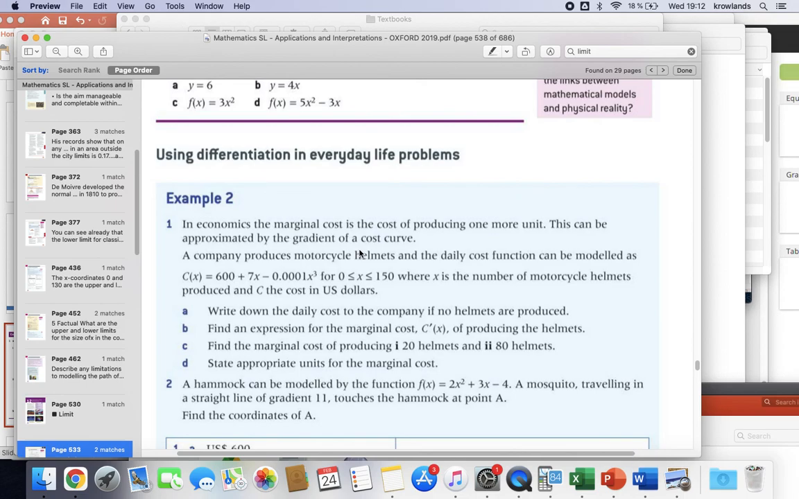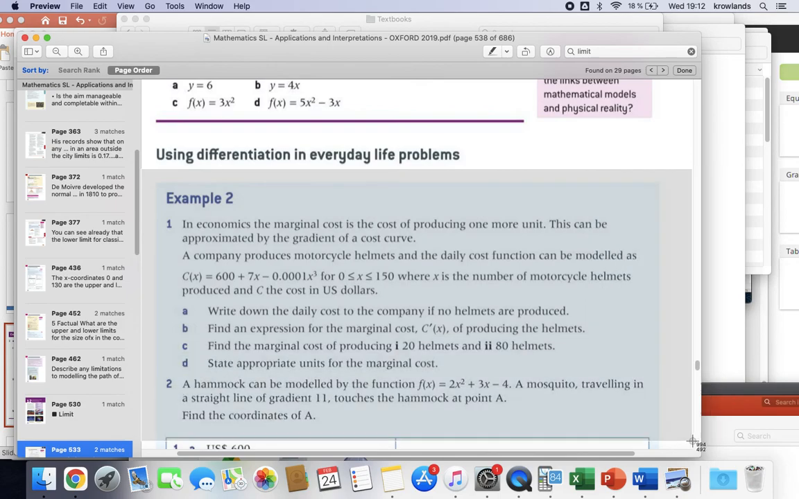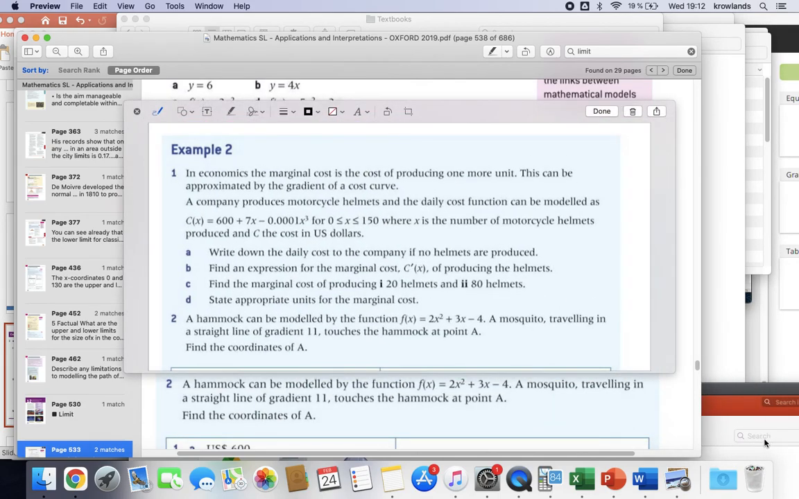This looks more complicated than it actually is. In economics, the marginal cost is the cost of producing one more unit. This can be approximated by the gradient of a cost curve. So, effectively, what this is telling us, and this is repeated in the question, so you don't actually need to